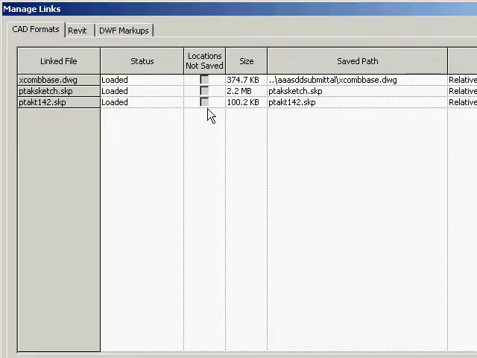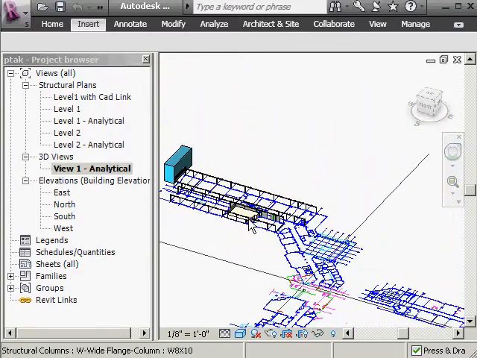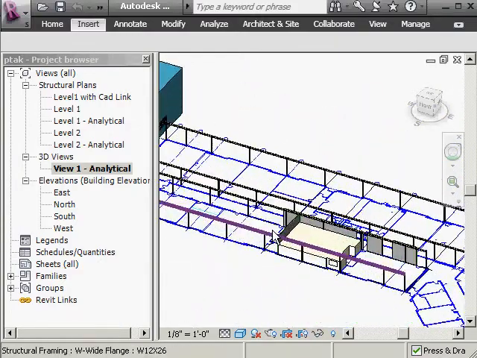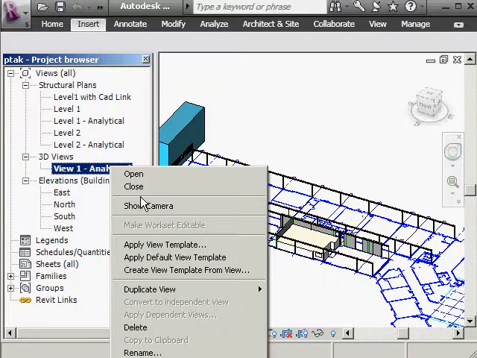I'm going to check out where I am in this file. You notice I've got a couple SketchUp files, 142 and then a basic one. I've got no Revit links and no markups. I'm going to hit OK here, cancel, and I'm going to now lay out some sheets. Now I like the way this looks here, so perhaps I've got this view. I like that particular view. I can go ahead right away and I can